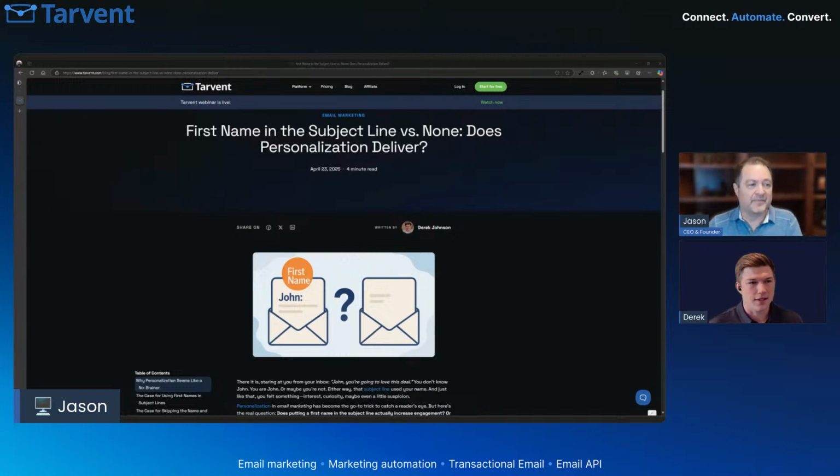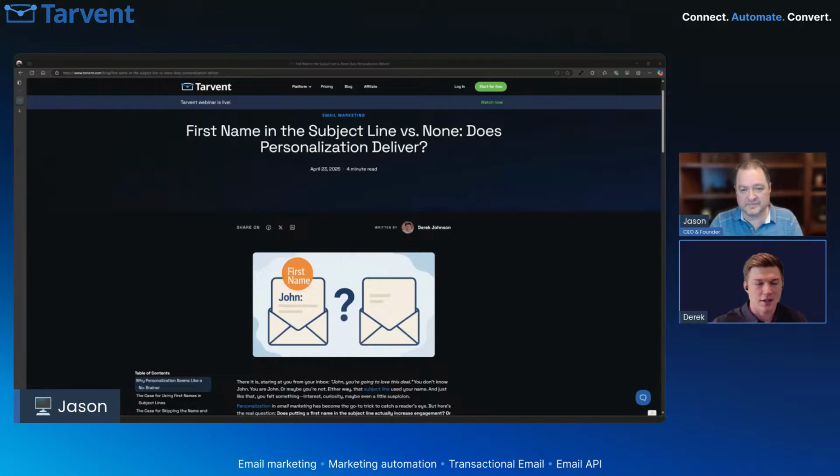Because on top of that, even from our personal side, when I go into my inbox and I see "Hi, Derek" and then some message after it, if that message isn't personalized towards an interest I have or a previous behavior I had, then to me it's just, oh, okay, they're just sending another email and putting a first name in the subject line. A perfect example would be "Hey Derek, we're having a spring sale." To me, that's super generic. All they did was put my first name in it to make it seem a little more personalized, but at the end of the day, I still know it's a generic email for everybody.